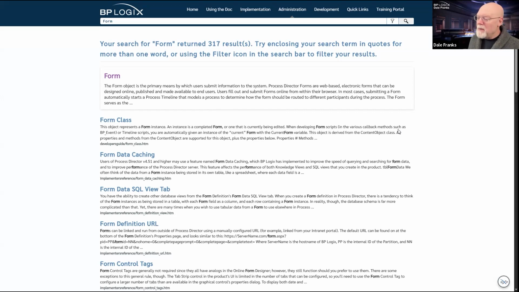Has the documentation been scanned or imported into Google itself or other search engines? We certainly haven't done that. However, it is a live public website, so I'm pretty sure that it's been rather thoroughly crawled by Google at this point. And I do know that some users, when they want to do Google searches rather than use the built-in search, will actually just search our domain, doc.bplogix.com, with their Google-fied query, and they'll get that answer off of Google.